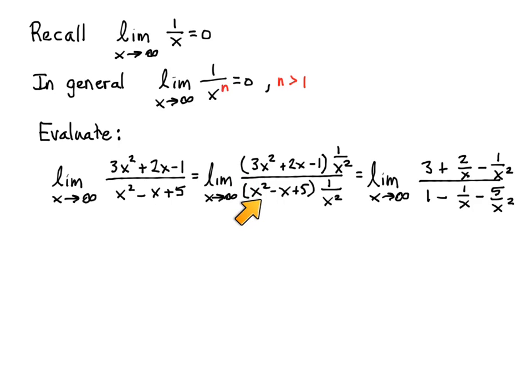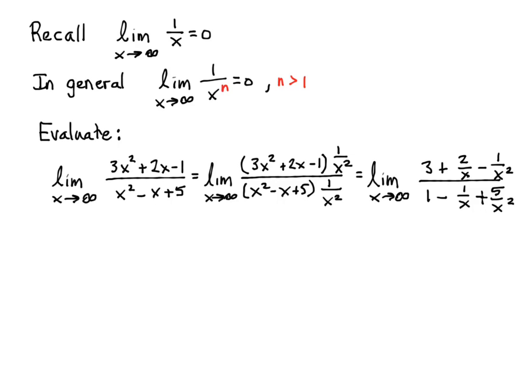I have x squared times 1 over x squared is 1, and then minus x times 1 over x squared. Notice I will have then a negative 1 over x. And then 5 times 1 over x squared is just, actually this should be a positive, I think. Like that. Okay, so then